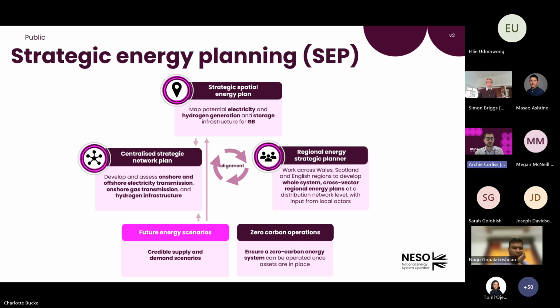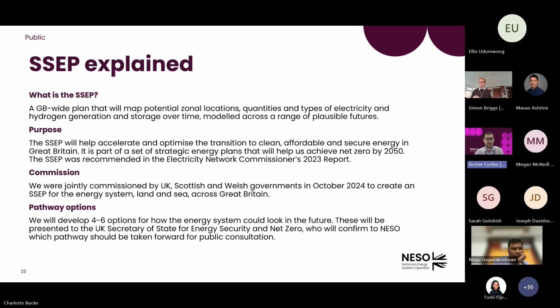And these plans are all supplemented by the wider Future Energy Scenarios, or FES for short, which shows energy pathways to meet decarbonisation into the future out to 2050, but also provides additional detail, in particular for gas network planning, as it indicates the potential change in national gas flows that need to be accommodated over the next 25 years. These documents are dependent on one another, and they run in 3-year planning cycles. There are other supporting functions across many other details of the system, especially for electricity, where we're also responsible for operating the physical system and many of its markets. On the next slide, I'll go into a little bit on the SSEP.